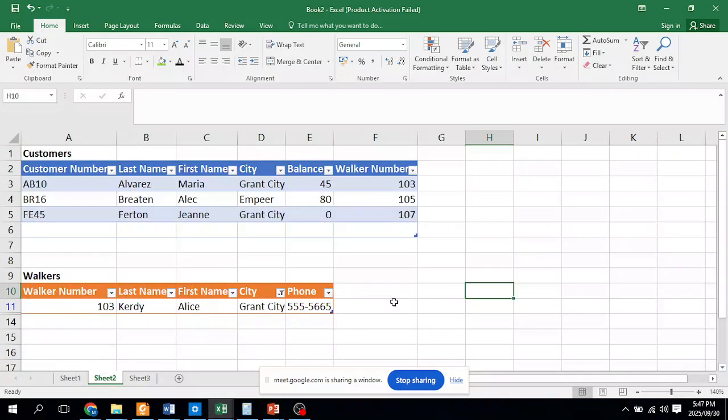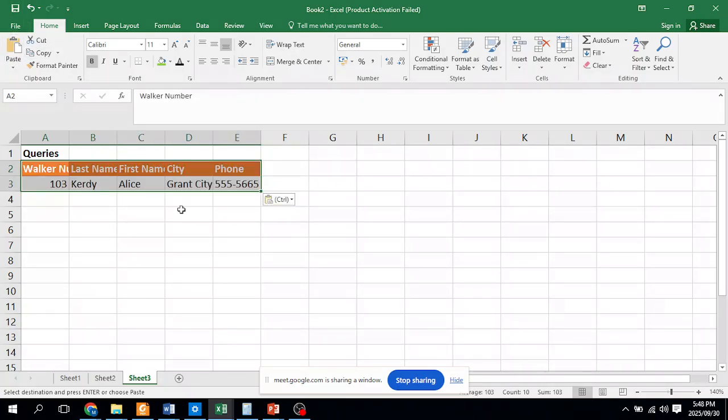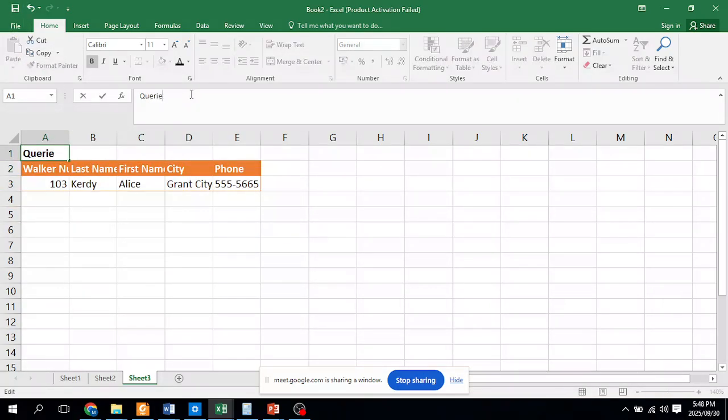So here I found all my results for query 1. What you can do is select this, copy, go to your sheet 3, paste your results, and then instead of saying queries, you can just say query 1. Then you skip a line, and here you will say query 2.